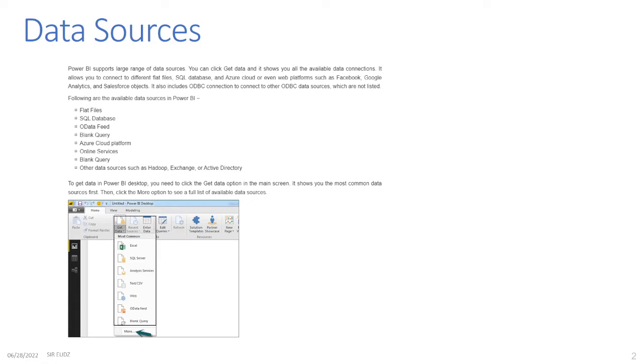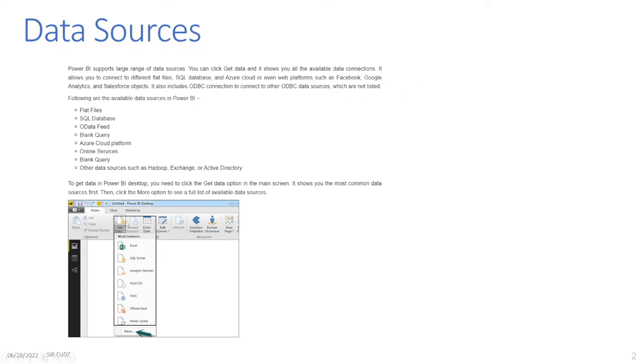Following are available data sources in Power BI. We have flat files, SQL database, OData feed, blank query, Azure Cloud Platform, online services, and other data sources such as Hadoop, Exchange, or Active Directory. To get data in Power BI Desktop, you need to click the Get Data option